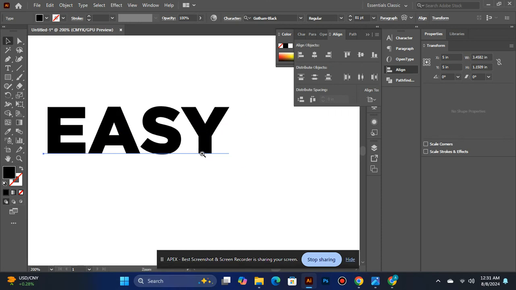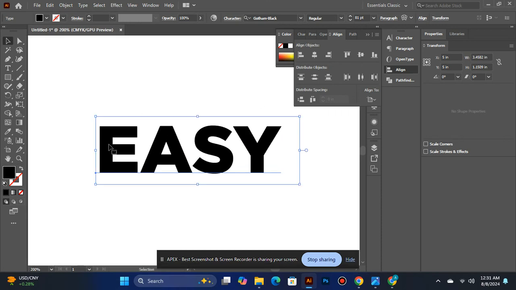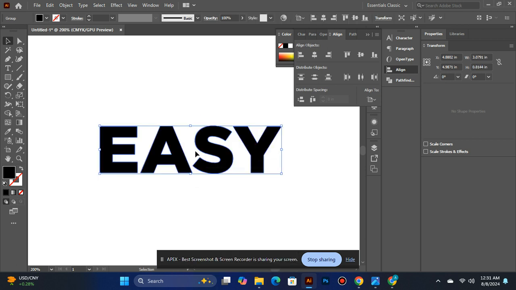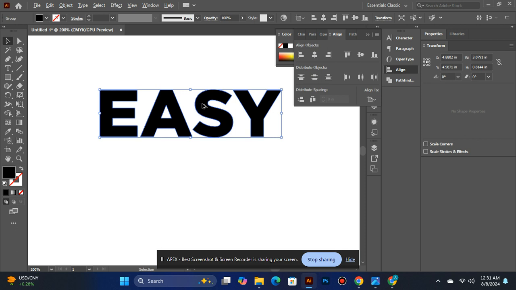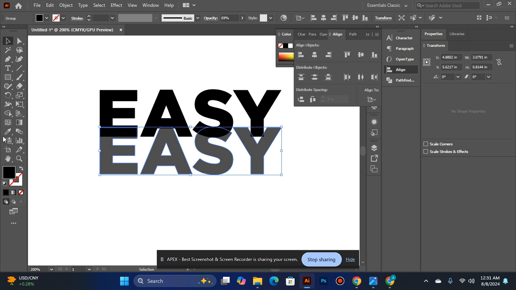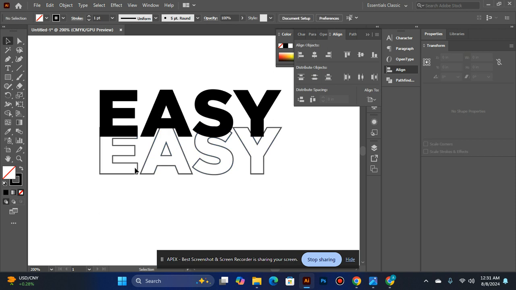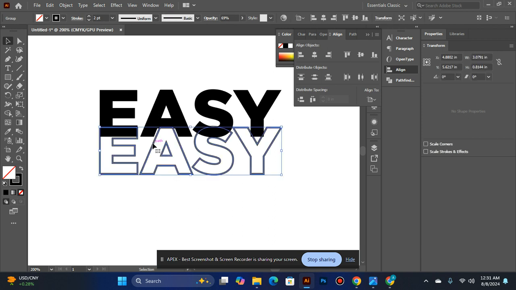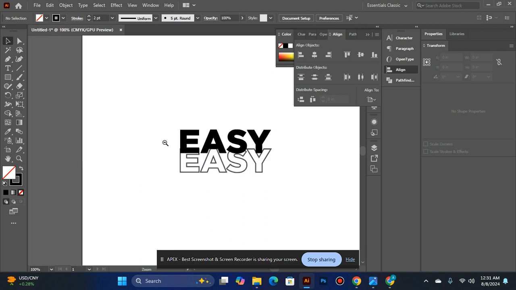Let's do typography. First of all, I write the letter "E" and then right click and create outline. Copy it with Alt and increase its opacity and change into stroke with the Shift X shortcut. And now it's done. Now let's